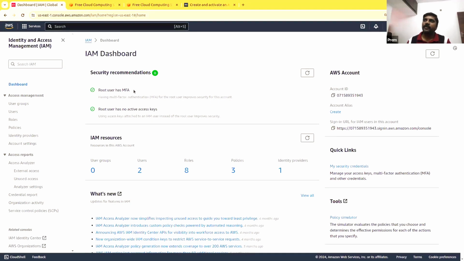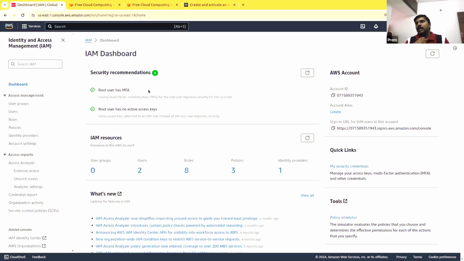But this is what can happen if somebody can hack your AWS account, right? They can go ahead and run anything. So if they start running a machine learning job, it's going to consume thousands of dollars. It's going to use resources. So if they start using your resources, it's going to be charged, so your cost will be shooting up. So you have to be very, very careful. Enable MFA. Yeah. So that is the first one.